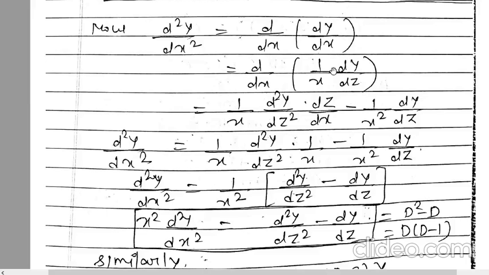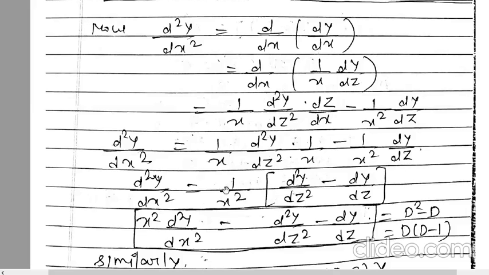That means there are two functions, so you will apply the u into v rule here. So u into dv is 1 by x into d^2y upon dz^2 into dz upon dx. You are differentiating dy upon dz, so you will get d^2y upon dz^2 and dz upon dx, right? Minus v differentiation, the differentiation of 1 by x will be minus 1 upon x^2 into dy by dz. Just put all these values here. So dz upon dx, we have 1 by x here, minus 1 upon x^2 dy upon dz.